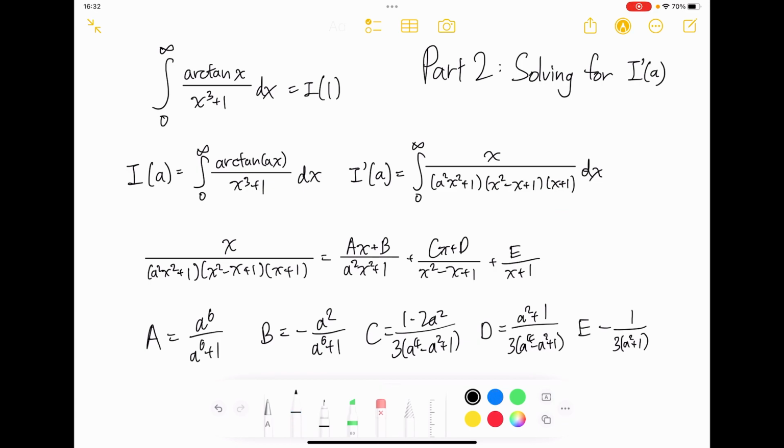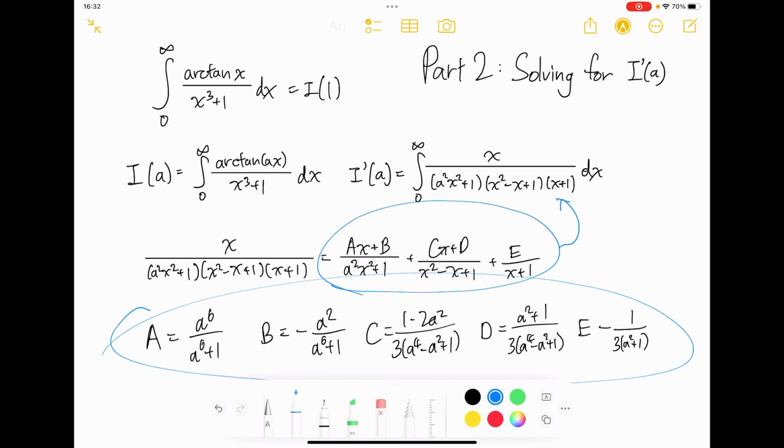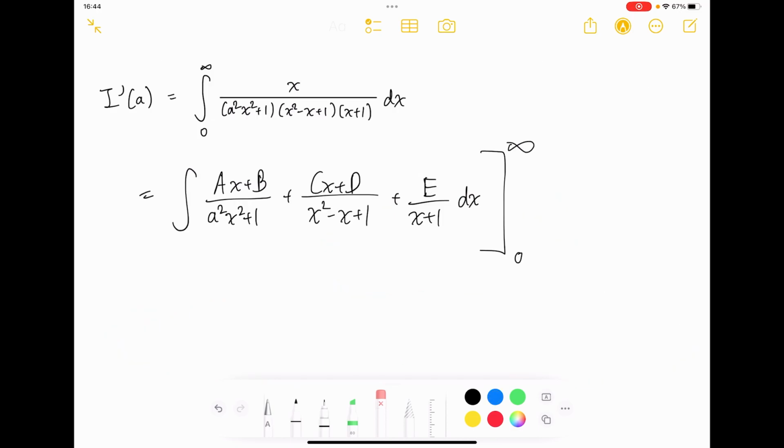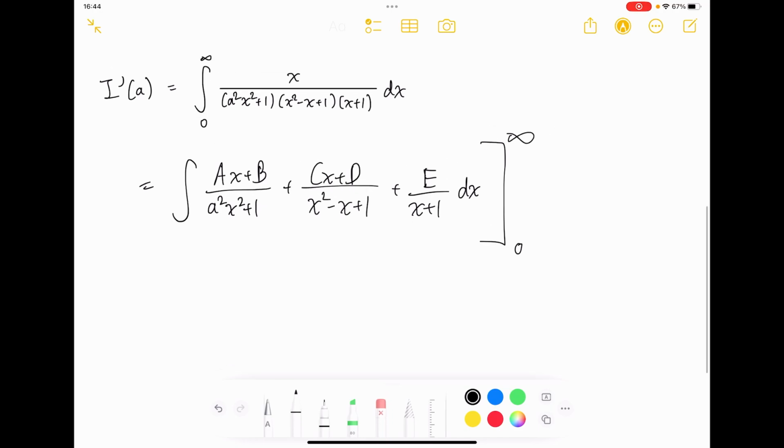And let's just get started. The way I'm going to do that is by just putting this in and then putting these into here. So let's do that. I've just substituted in the partial fraction decomposition for the integrand. And you might notice that I've written things slightly differently. I've written the bounds out here. And the reason for that is if we